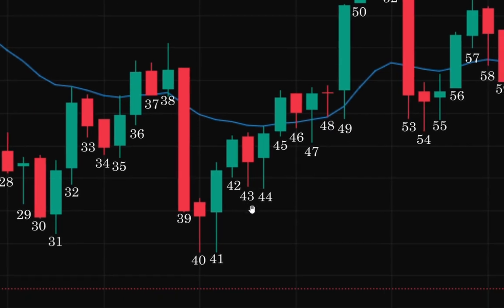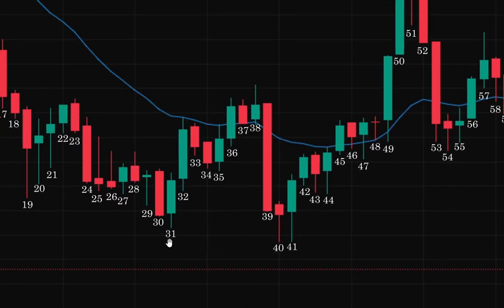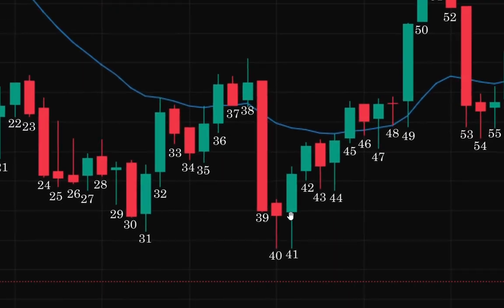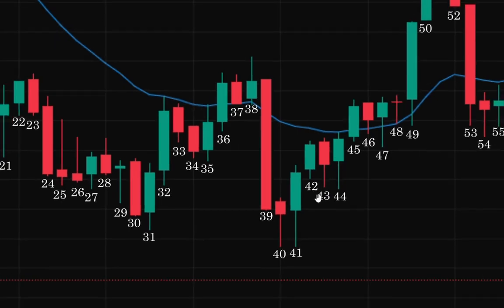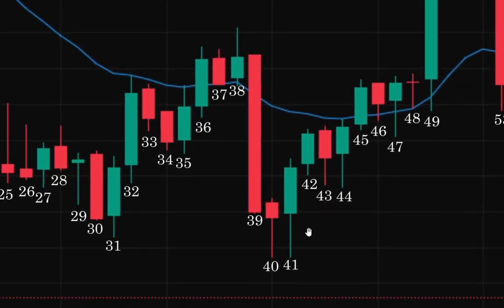Now bar 41 is a huge bull bar, and you can consider this as a double bottom, and this 41 as a signal bar. Buying above this or buying above 44 could have been reasonable. It could be a very risky trade, but I didn't take the trade, and I later realized that I should have taken the trade, because of the wick below this, where bulls were really very aggressive.